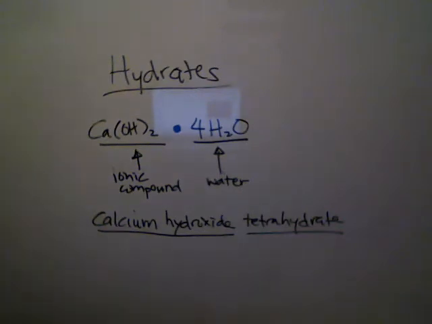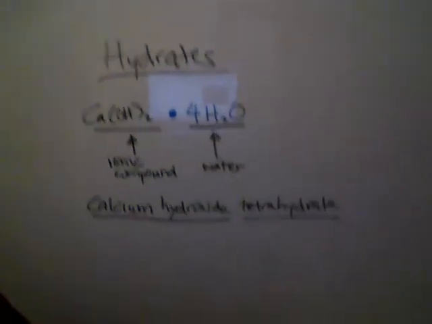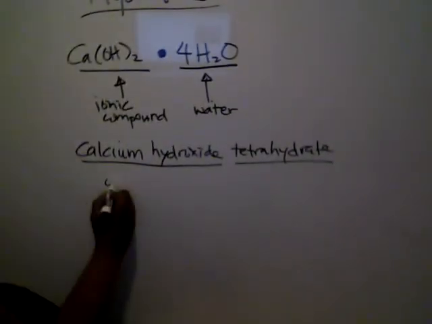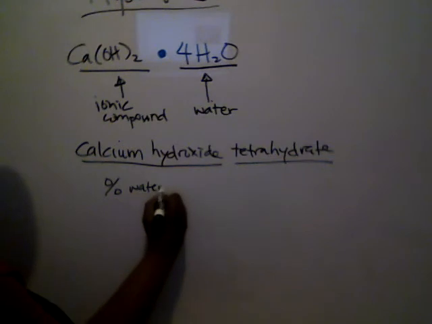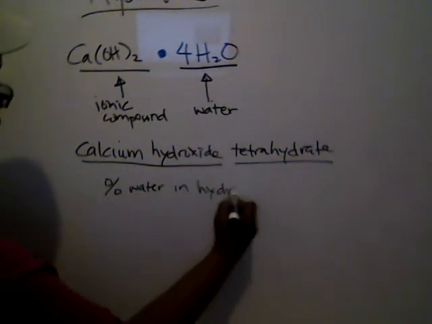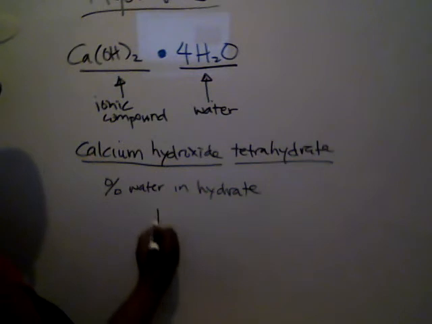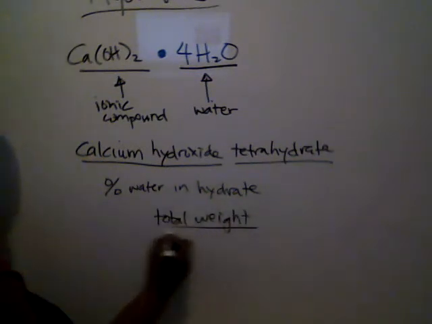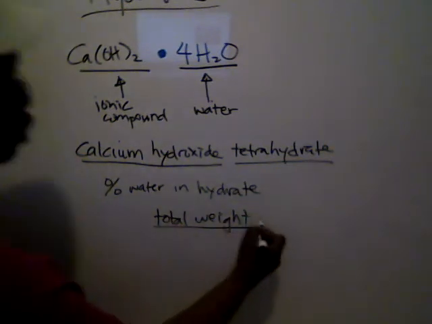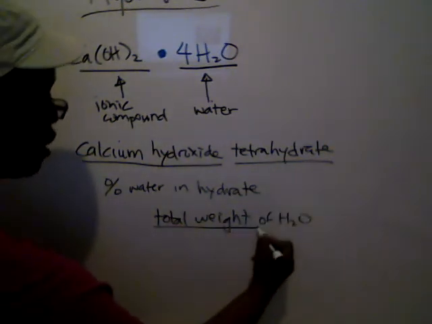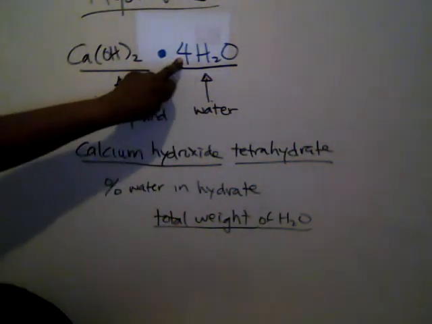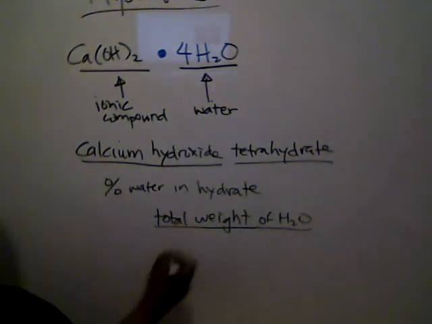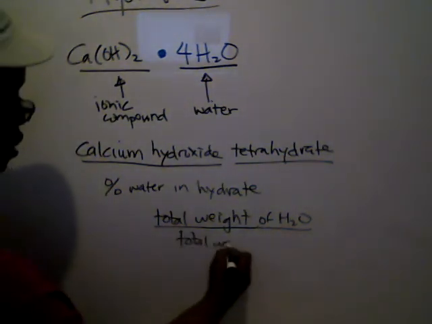If you ever have to calculate the percent of water in a hydrate, I'll give you the formula here. Let's say they ask, what is the percent of water in a hydrate? We have to take the total weight of water. Water, we know it weighs about 18 if we add up the hydrogens and the oxygens, but we want the total weight of water. So in this case, for our example, we would have 4 waters in the numerator, not just 1, because there's 4 waters in this whole group. And then the total weight of the hydrate